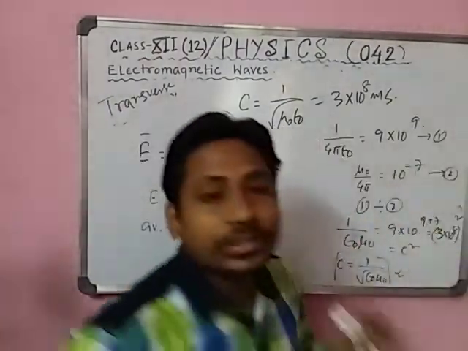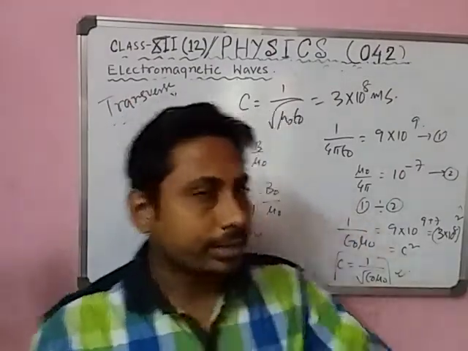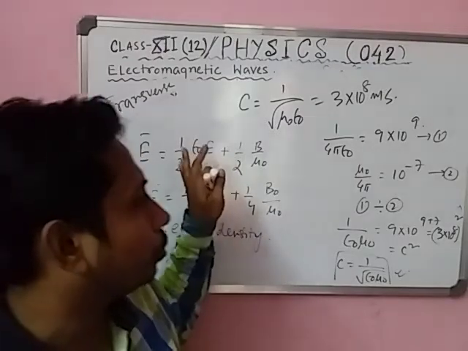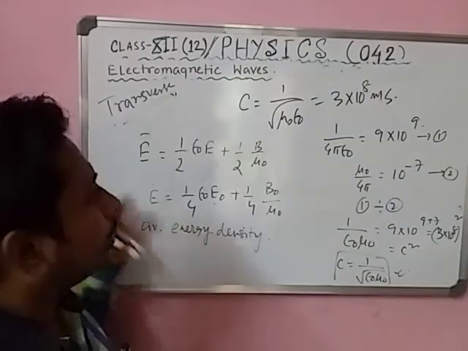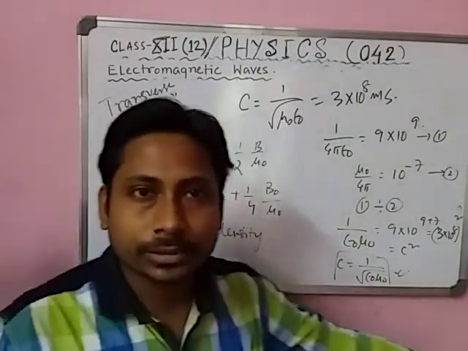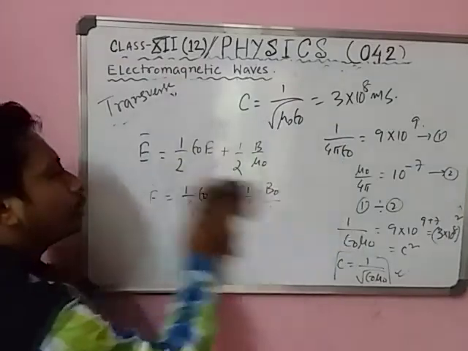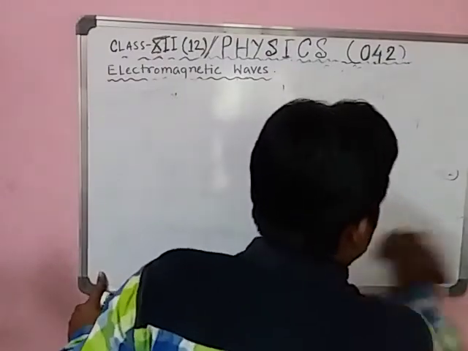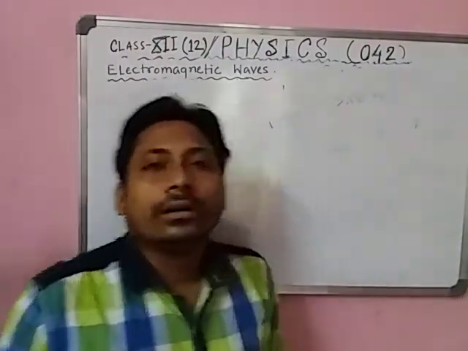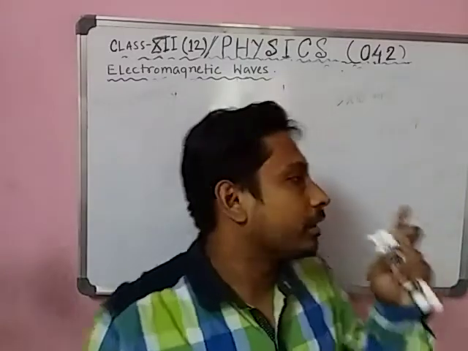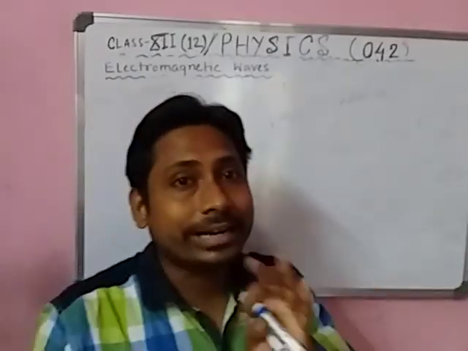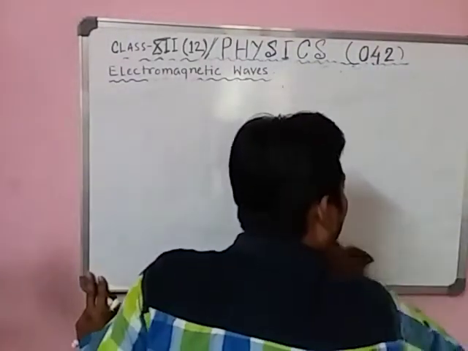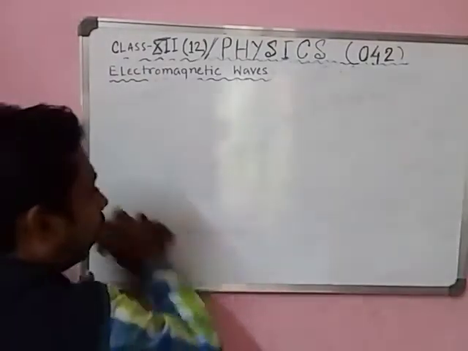So students, from this chapter you will learn, number 1, the types of EM waves and energy density of EM waves. No need to write any calculations. Next, the properties of EM waves. And very important, you have to prepare two things. Number one, EM wave sources and uses. Okay, you have to prepare 2 sources and 2 uses of all types of EM waves.